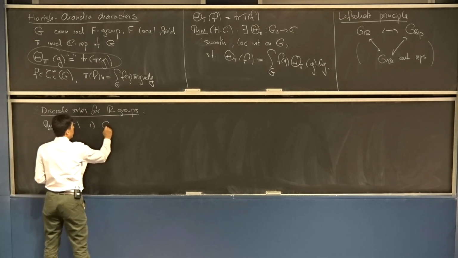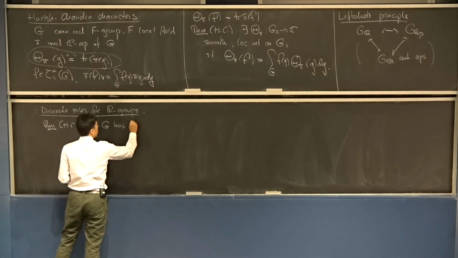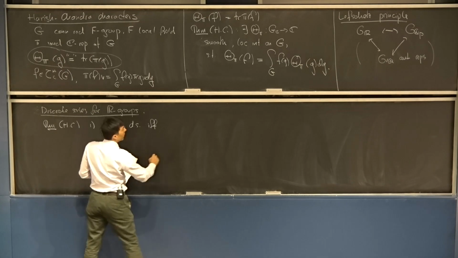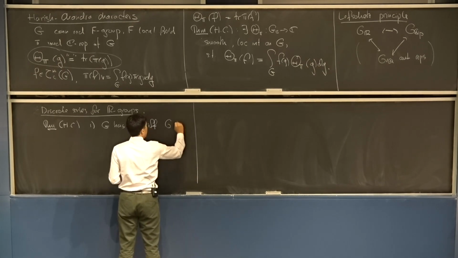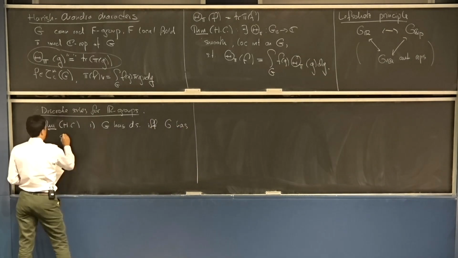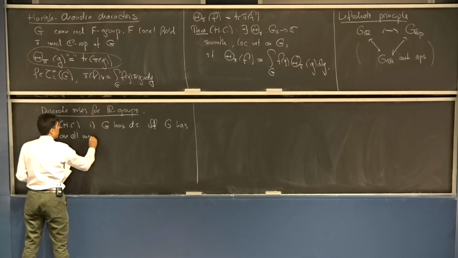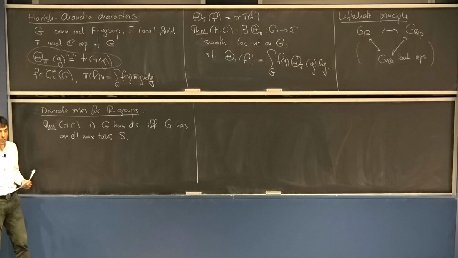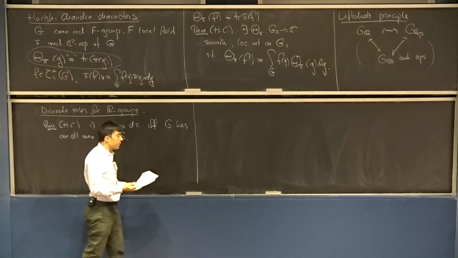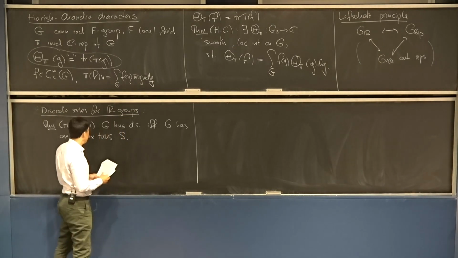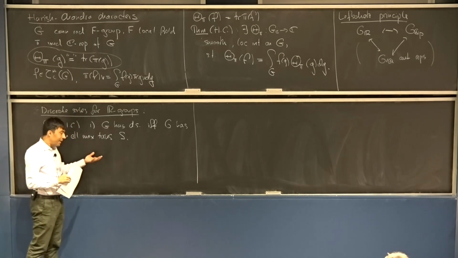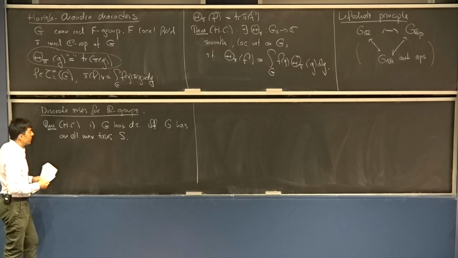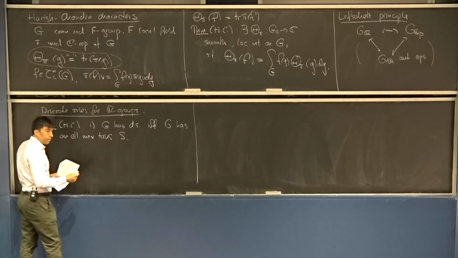First of all, G has discrete series representations if and only if G has an elliptic maximal torus. Elliptic means compact modulo the center. Now the center may not be compact, and since it's contained in any torus, if the center is not compact, no maximal torus can be compact. But the next best thing is once you divide out the center, you may hope that there is such a torus. And there may or may not be.